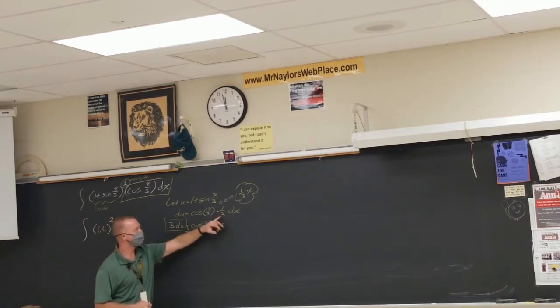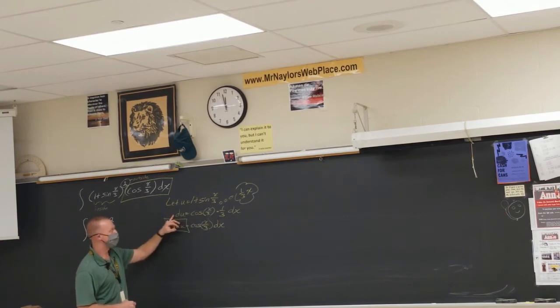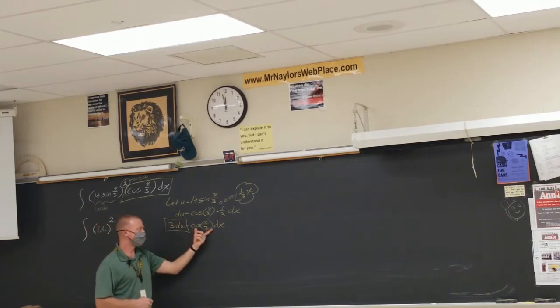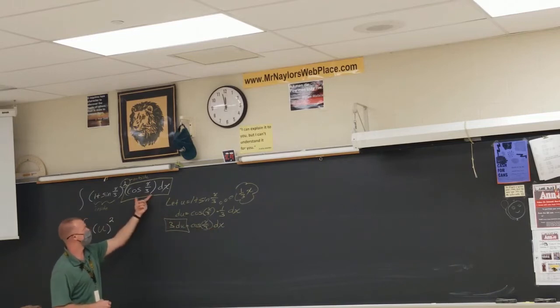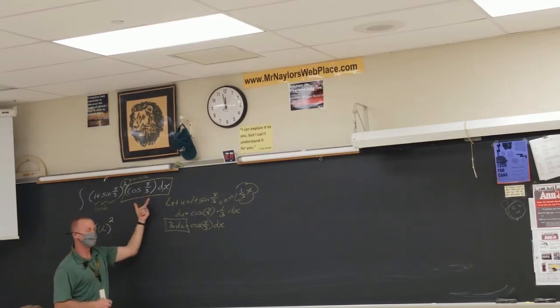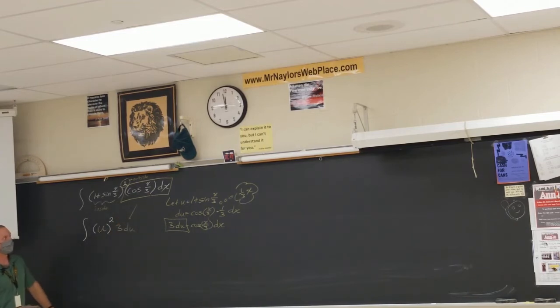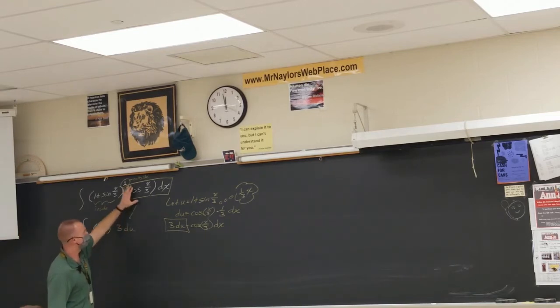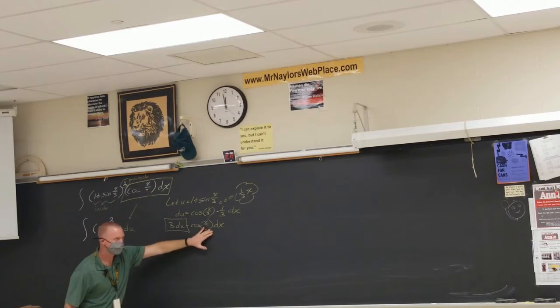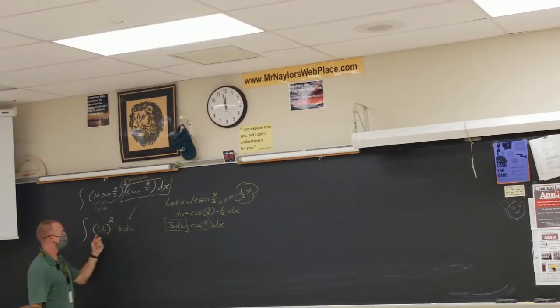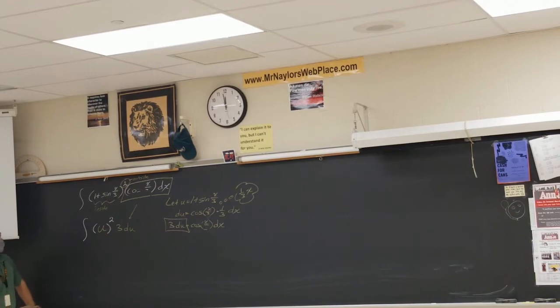I decided to only multiply 3 to the other side. I decided to leave it as cosine of x over 3 dx because that's exactly the same as this end of this equation. So that means that I can substitute a 3 du for that entire box. Some of you would have divided by cosine, and those are my students that divided by cosine, then you would have canceled out the cosine. But we're left with a 3 and basically a u squared. Okay, 3u squared. I don't know if you need to rewrite it, but